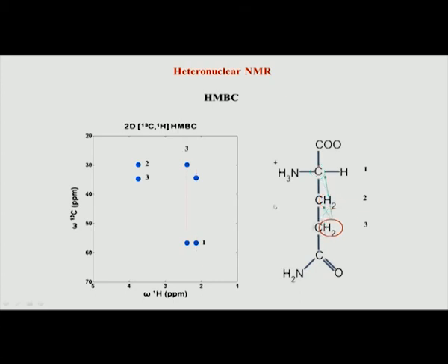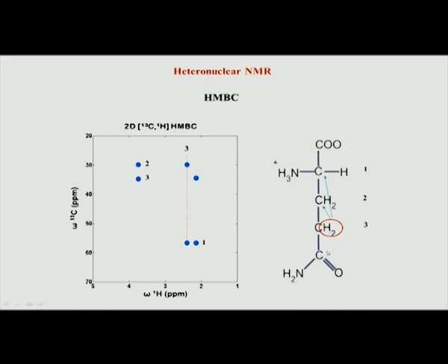Now let us look at the last case, the last proton in this molecule, again similar. We saw that we have a proton here which is number 3. We had a peak around 2.5 ppm in the proton and we are not seeing a peak at this position because that is the direct one bond correlation, which is suppressed. All we are going to see here is the connection from 3 to a longer range. So hydrogen number 3 to carbon number 2 and hydrogen number 3 to carbon number 1. That is what we see here. But what is suppressed is the direct connection.